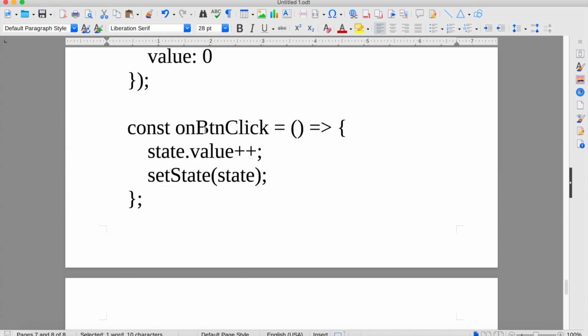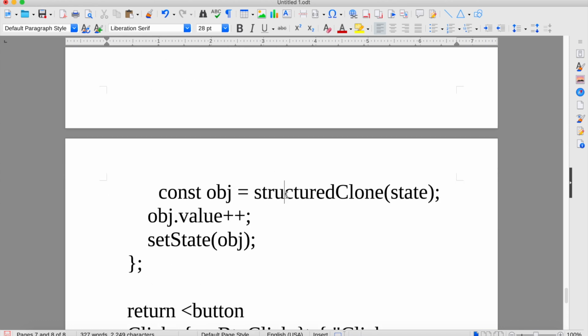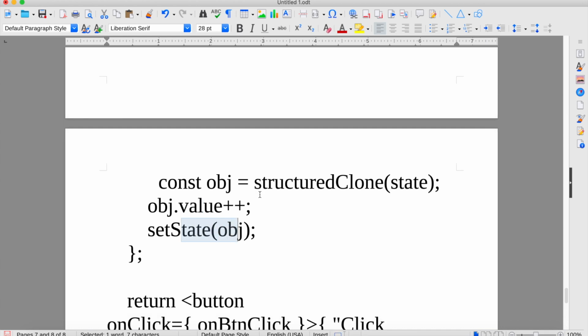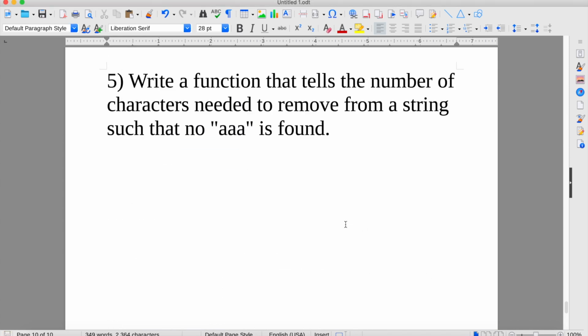The problem is you cannot mutate the value of a state variable directly. What you need to do is to create a deep copy of your state object. structuredClone is a built-in JavaScript function that clones an object. Then we need to increment the value in the cloned object and update the state object with the cloned object. Now this is fine. The fifth question was, let's say you have a string, find the number of characters that